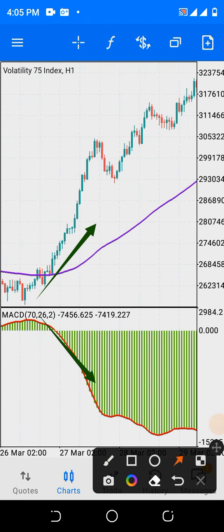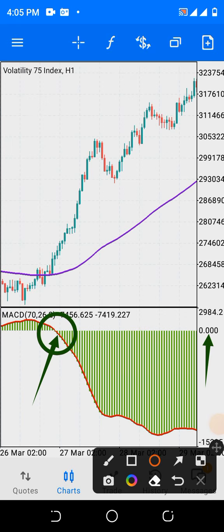Now, this is where I want you to pay attention: the point of crossing of MACD, the point where MACD crosses. Look at this. That is the area I want you to pay attention to. This is the 0 mark here. The point of crossing is where I want you to pay attention. When the crossing occurs, like in this case, from up downward,